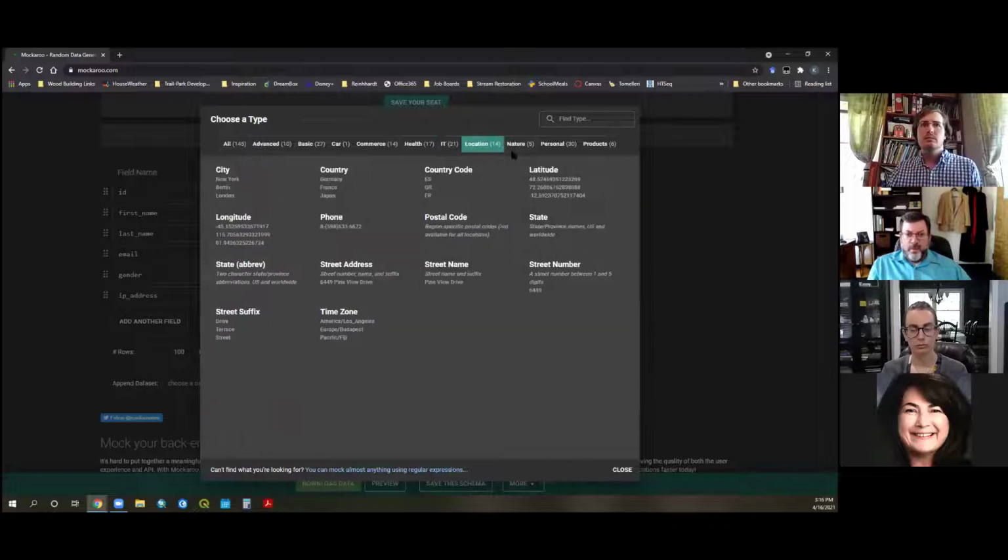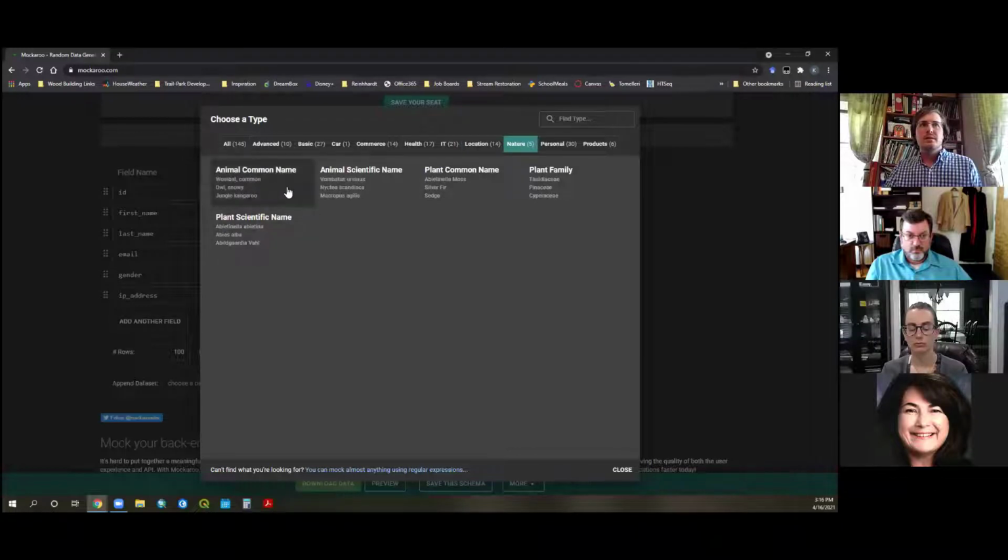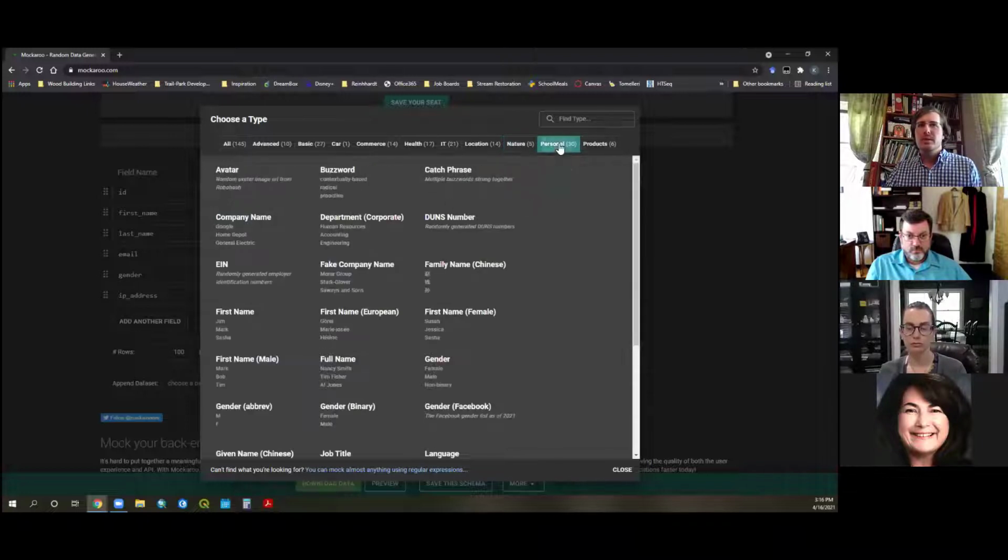So there's even things in there that can do latitude and longitude. And for some of you who know some of my background, I deal with GIS, and one of my things I want to do is see how randomized the GIS data is, and how much fun that would be to play with my GIS students to see how badly I could throw them off their game in a contest of who can figure out what first. And then, there's different things: animal common names, plant scientific, animal scientific, plant families. So they've really done a lot.